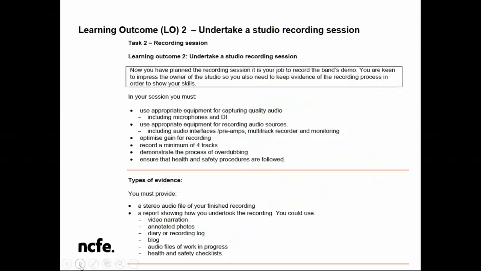Super. So I'd now like to look at how we can assess learning outcome 2. In learning outcome 2, we ask the learners to undertake the recording session that they've planned in learning outcome 1. For this reason, these learning outcomes should be undertaken in sequence. In this example brief, we can see that the scenario carries through and the requirements for the session are clearly stated. The learners are assessed on their ability to capture a minimum of 4 tracks, including at least 1 overdub